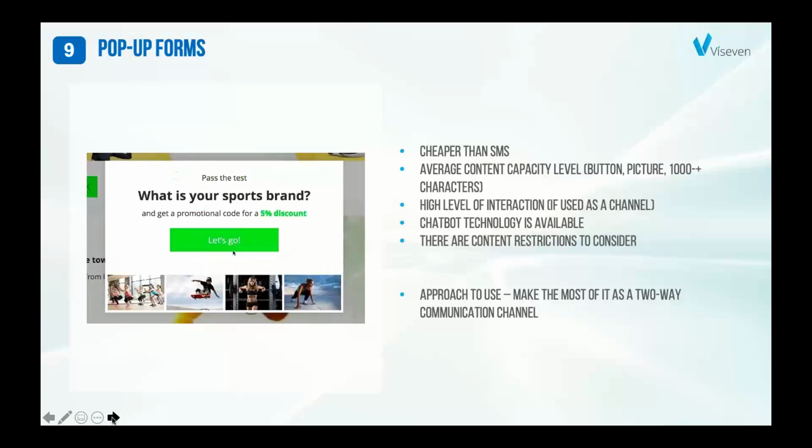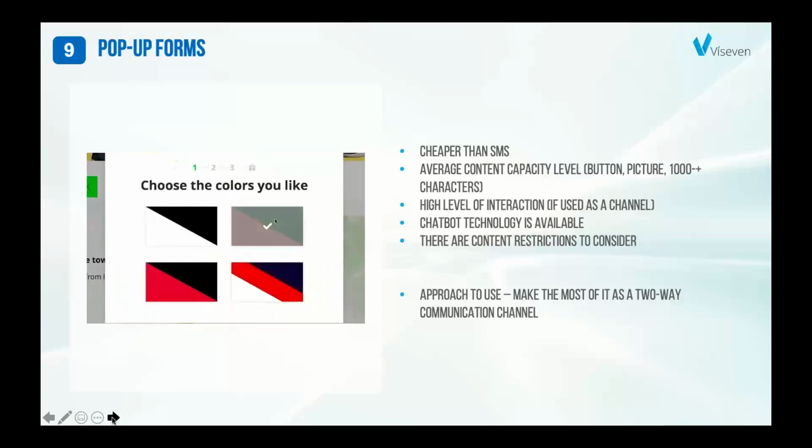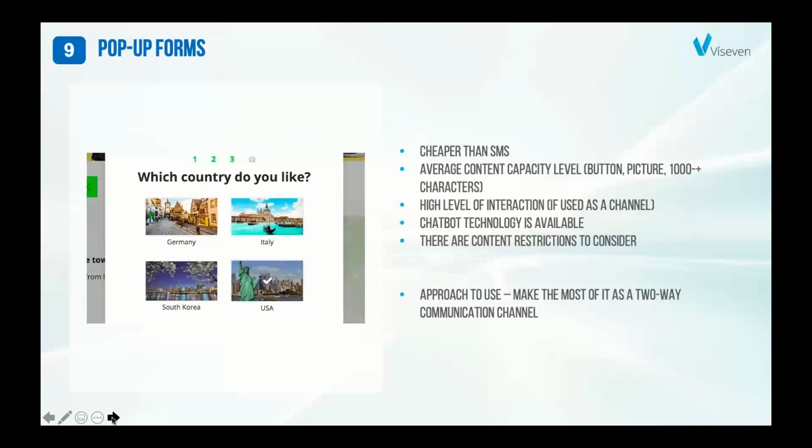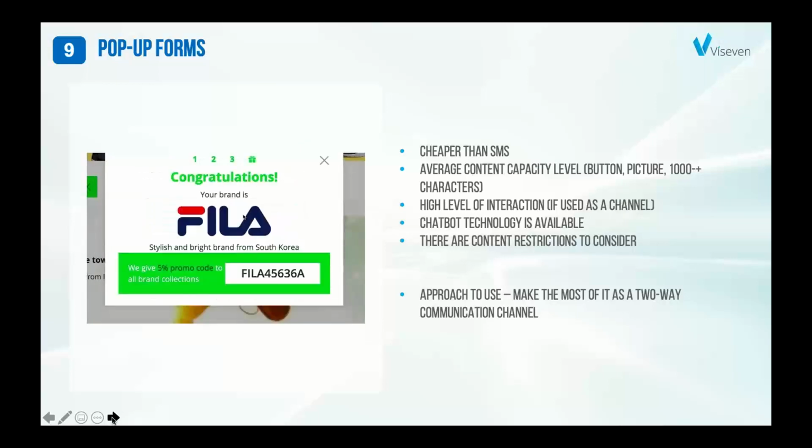And the main point here that we would like to emphasize is that maybe some of you, when we are talking about pop-ups, think that it's not so good, it's irritating, it's always just appearing on the screen.